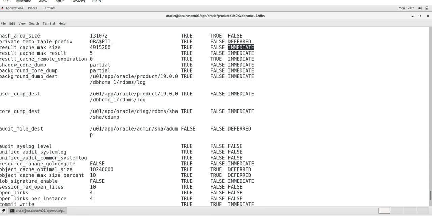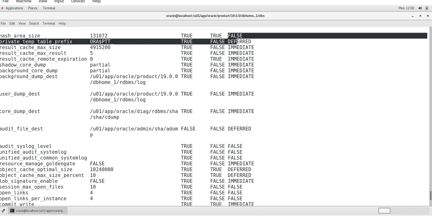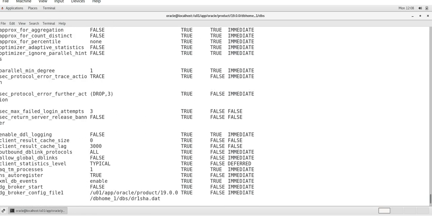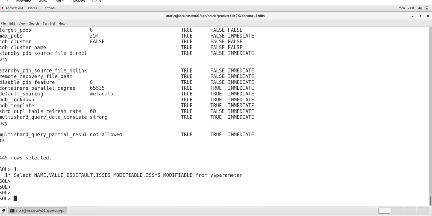There is a parameter called hash_area_size. It is false because it's not sys modifiable. Some parameters are deferred and some parameters are immediate. So with the help of these three values only, we will be able to identify whether we can change the parameter, or the parameter requires reboot, or the parameter doesn't require reboot. If someone asks you whether modifying SGA size requires a DB bounce or not,